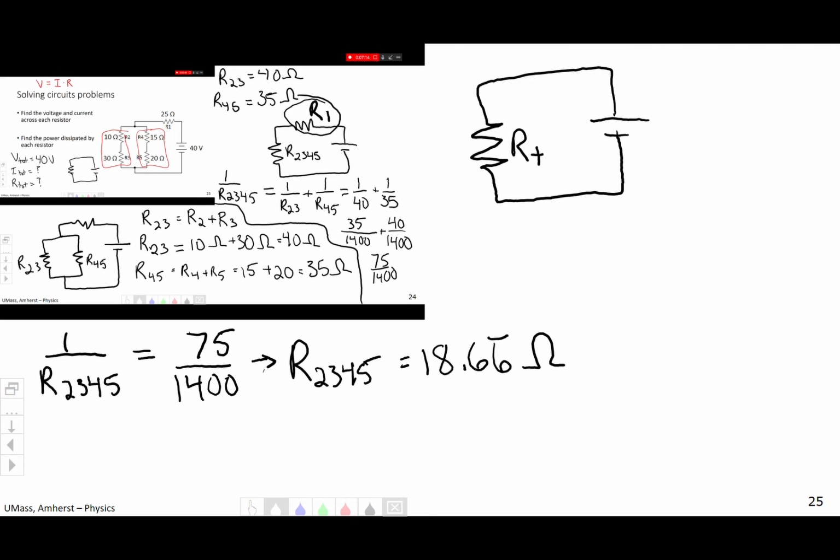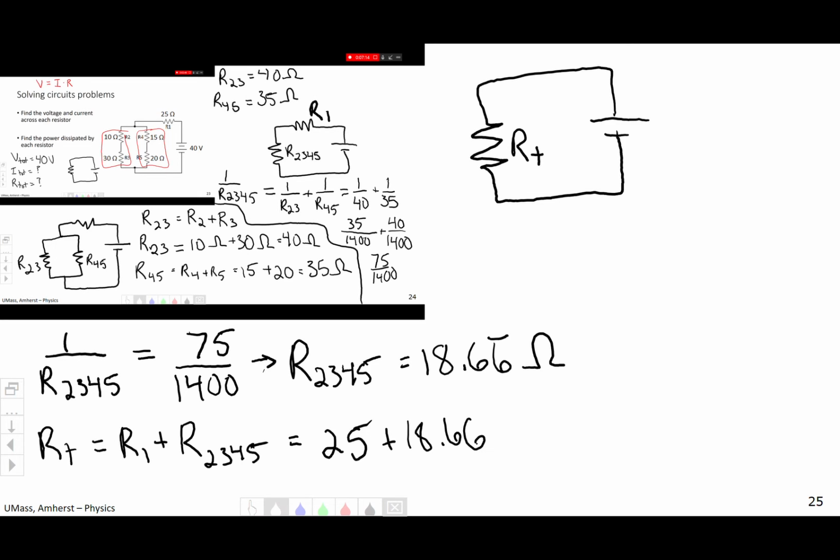And what do we have? We have R1 and R2,3,4,5. Those are in series, right? We see that we can go from one directly to the other. So that means our R total is R1 plus R2,3,4,5. And that is 25 ohms plus 18.6 repeating, which equals, never trust me to do arithmetic,